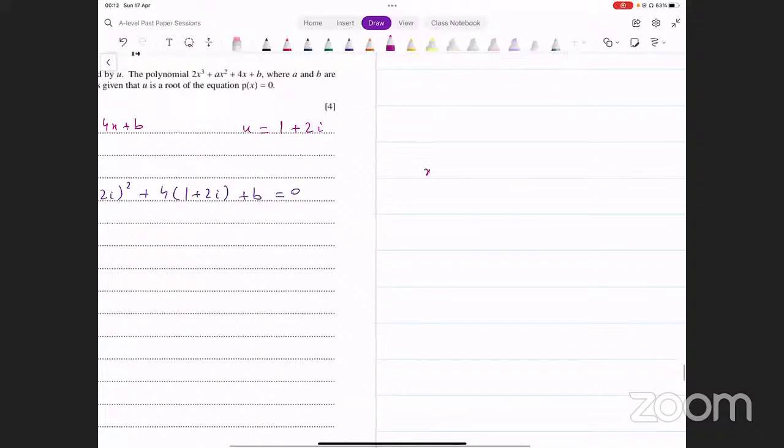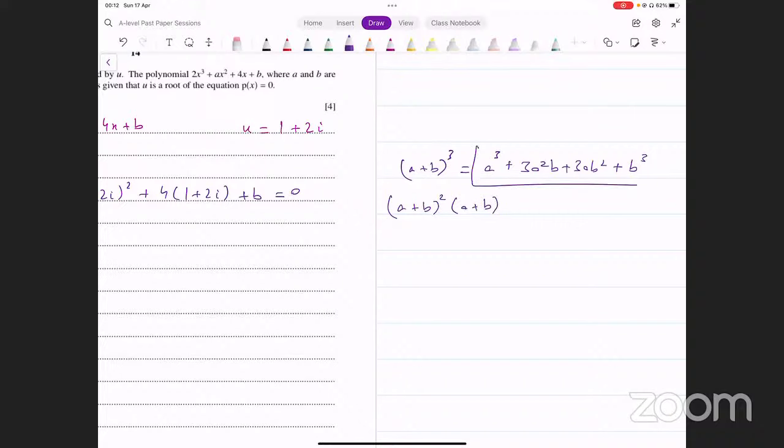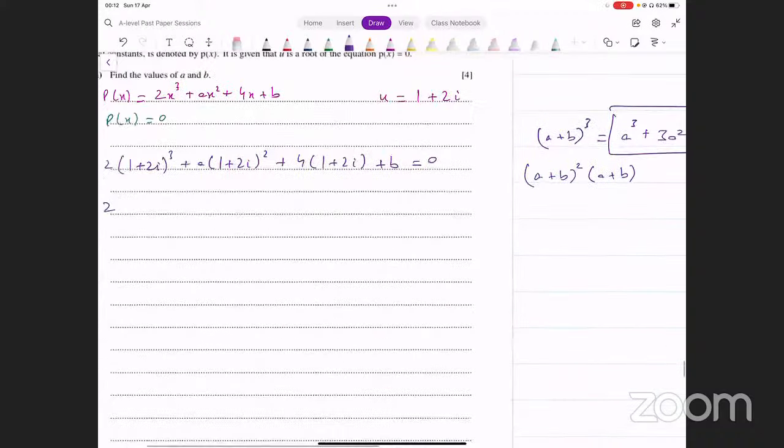आपके पास ये होता है x + y या a + b whole cube. Binomial से आता है basically. वैसे तो (a + b) whole cube आपके पास होता है a cube plus 3a² b plus 3ab² plus b cube. ठीक है, this is what you actually get from (a + b) whole cube. If you don't know that, आप ये कर सकते हो, आप उसको दो पार्ट्स में ब्रेक कर लो। आप लिख सकते हो (a + b) whole square अलग से इवैल्यूएट कर लें, (a + b) अलग से इवैल्यूएट कर लें, उनको मल्टीप्लाई कर दें। I'm going to do this because this is quicker. ये बाइनोमियल से आता है, ठीक है, ये फॉर्मूला मैं यूज कर रहा हूँ डायरेक्टली (a + b) whole cube के लिए।